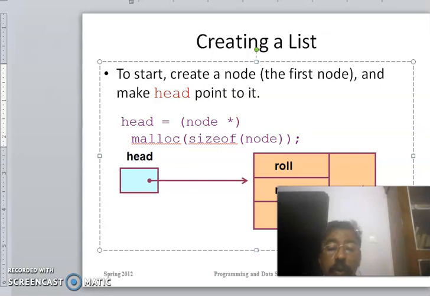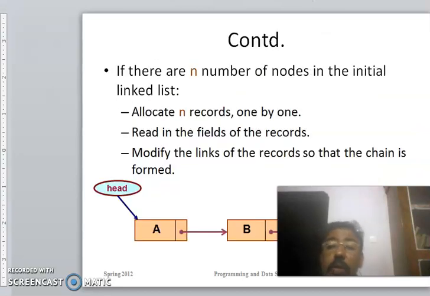Then next is the pointer pointing to the next node. Then there are n number of nodes in the initial linked list. Then we wish to allocate n records one by one, then read the fields of the records, then modify the lengths of the